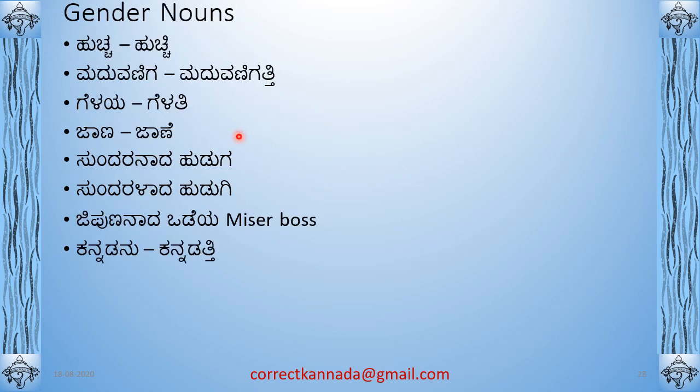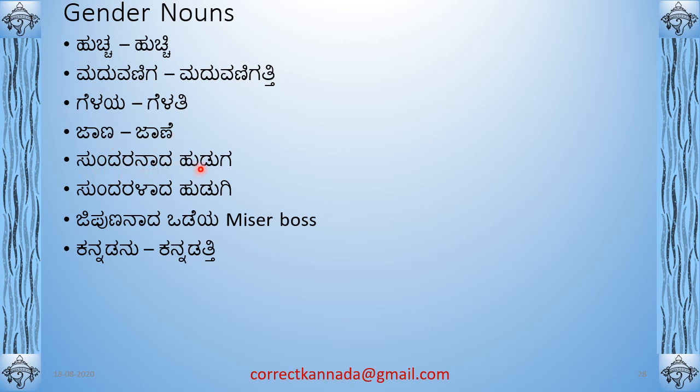Okay, so say there are certain nouns which show gender, like Hucha, Huchi. Hucha means madman. Huchi means madwoman. Okay, Madhuvaniga means bridegroom. Madhuvanigati means the bride. Okay, Gelaya means friend, male friend. Gelati means female friend. Jana means male, smart person, smart boy. Jane means smart girl. Okay,